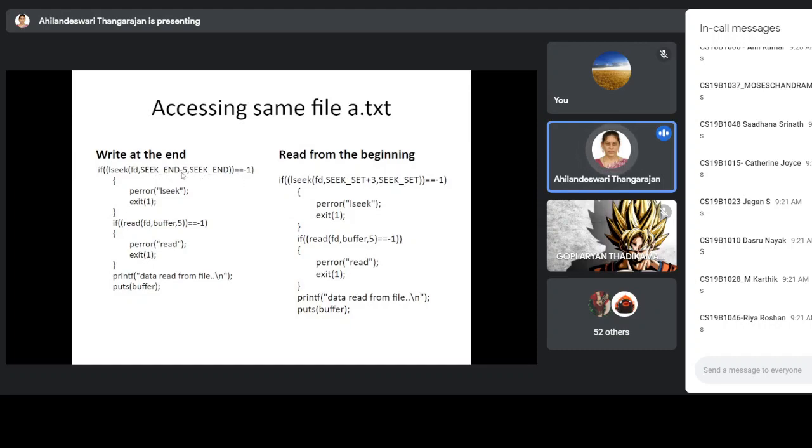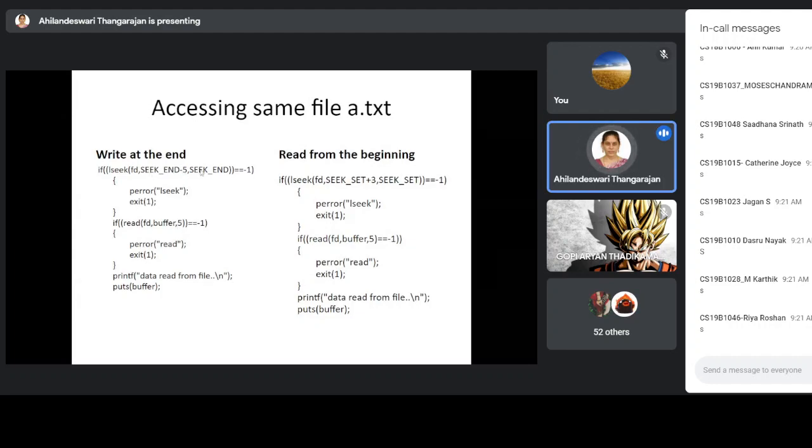I have reserved 10 bytes, and in that I want to read the last 5 bytes. So in a.txt, the region we have locked is 10 bytes, but I want to read the last 5 bytes. From the last I want to read 5 bytes. That is the meaning.